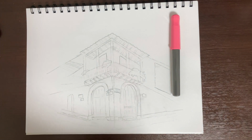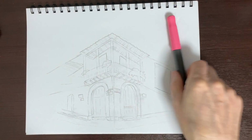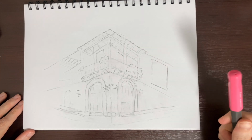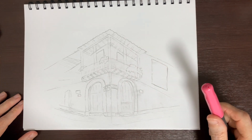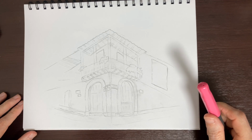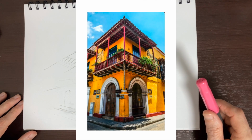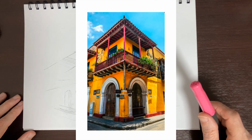So today we're going to be doing something a little different on the channel. I have a sketch that I've completed here. The picture that I used for this, I got it off of unsplash.com, and I'll put the picture on the screen right now. If you would like to download this same picture so you can try this drawing out yourself,